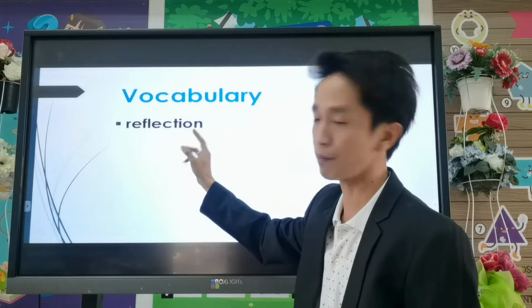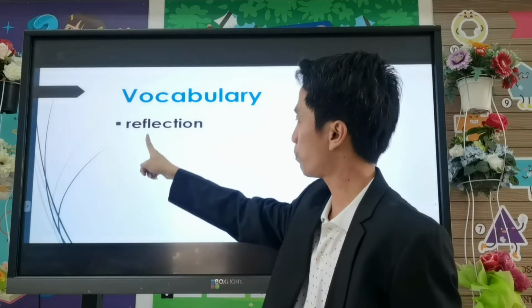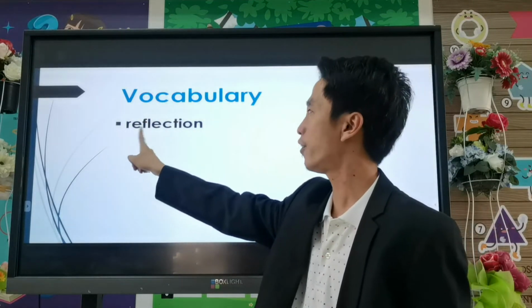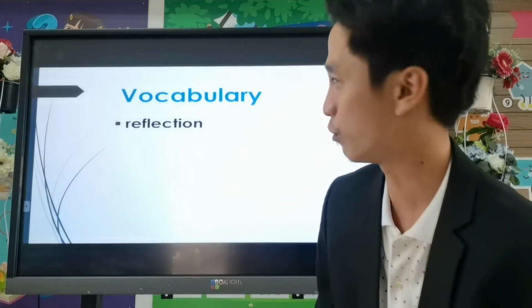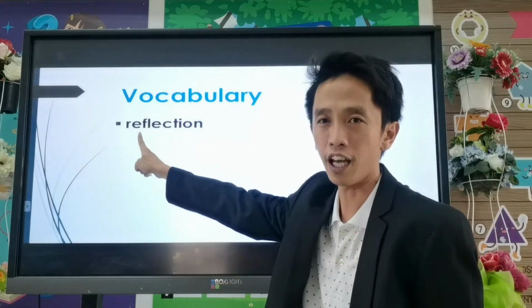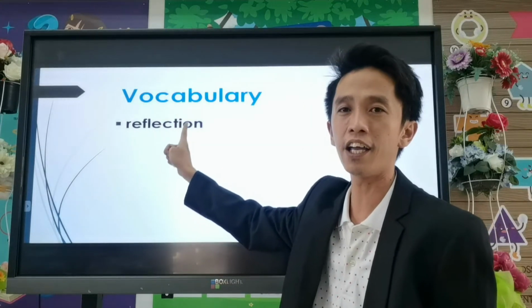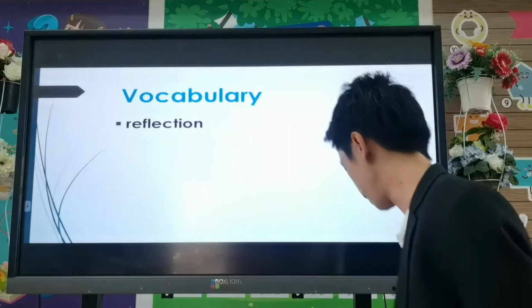Reflection. Okay, the word is a bit long, but if you could chop it into three parts, reflection, you can memorize the vocabulary easily. One more time, let's say it. Reflection. Next,